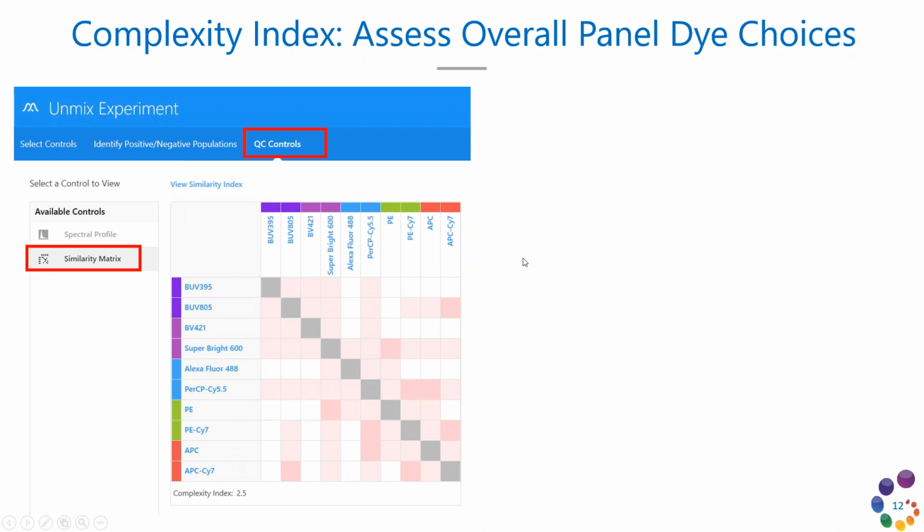shown on both the side and the top. Then you'll see this color coding that helps give you a visual indicator of how similar or not those dye pairs are. So for example, this BB421 and Alexa 448 are colored in white, meaning they have a very low similarity, so they're not like each other at all. Whereas something with a darker pink or a red, like the Super Bright 600 MPE, would have a higher similarity